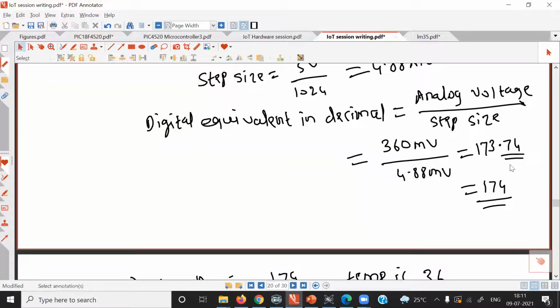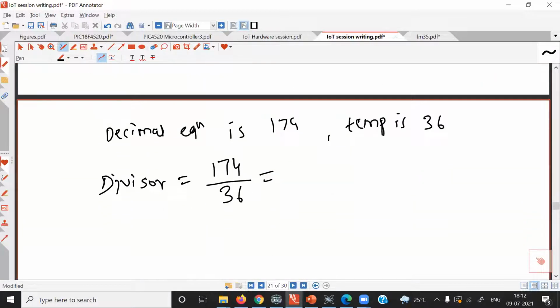I think I made a mistake here, sorry. It is 73. I had directly written this number. So this number is 73.74 and after rounding off it is 74. So now this 74 divided by 36 is equal to 2.055. So our divisor is 2.055.